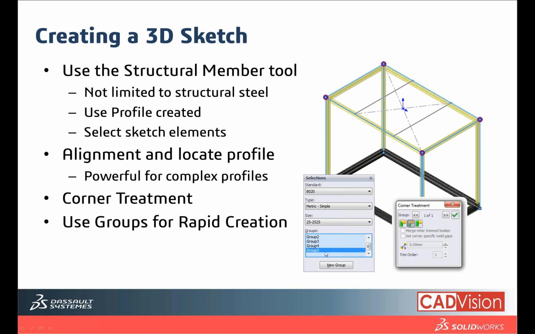Let's say the groups are basically working in one plane. So what you have here is that this will be one group, and this will be one group. These 4 verticals frame will be one group, and this will be another group. All right. So in the properties, we will have a corner treatment at the